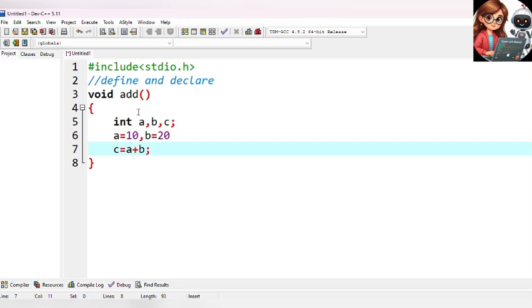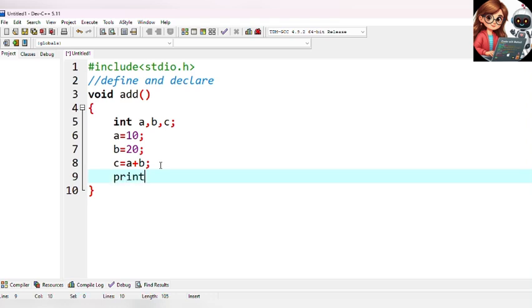Okay, here we will just write a semicolon. Now we will write a print statement, printf, let's take it on a new line, %d plus %d is equal to %d.